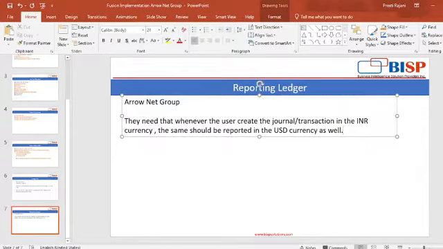So this is the requirement of our client, that is Aeronet Group. They need that whenever the user create the journal transaction in the INR currency, at the same time it should be reported in the US currency as well. So what we will do for this, we will create the reporting ledger.